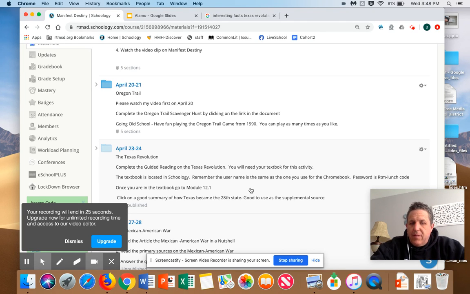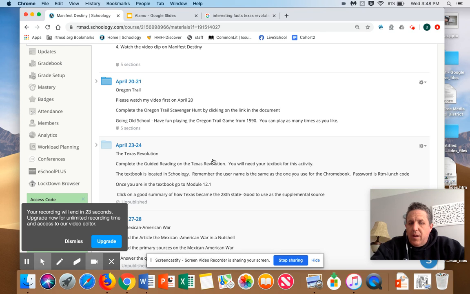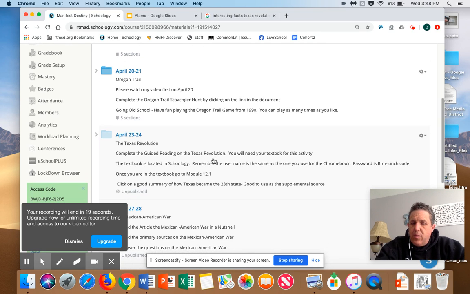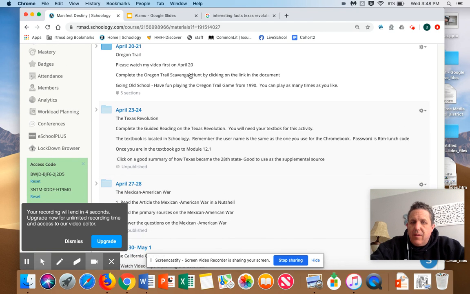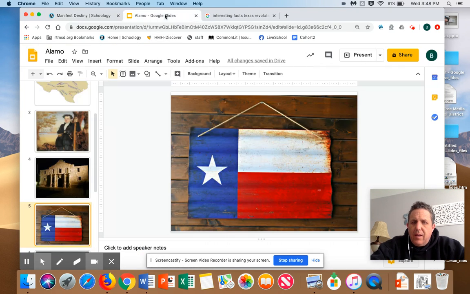You'll see here, guys, the Texas Revolution. Once Texas becomes its own republic, the Lone Star Republic, it will eventually become part of the United States, which will lead to the Mexican-American War. That will be our next topic down the line. But right now, we are worried about the Texas Revolution and finding out how Texas